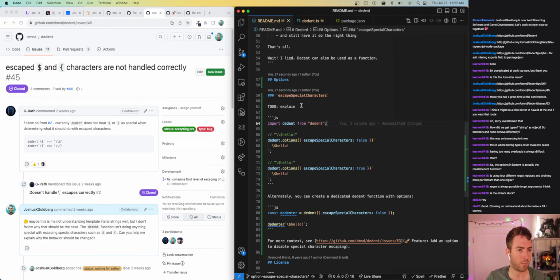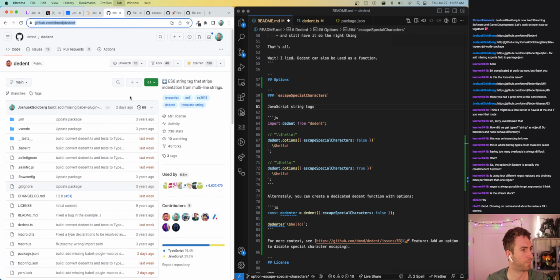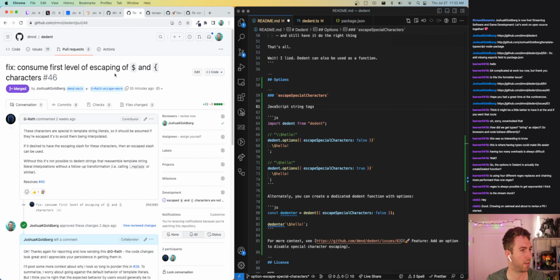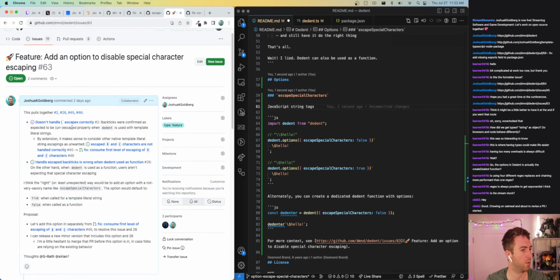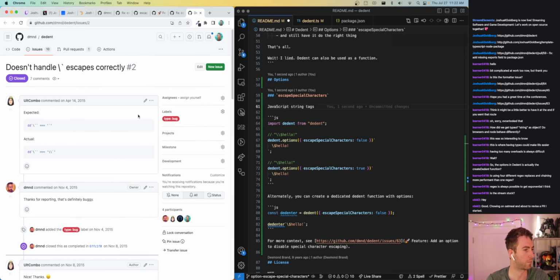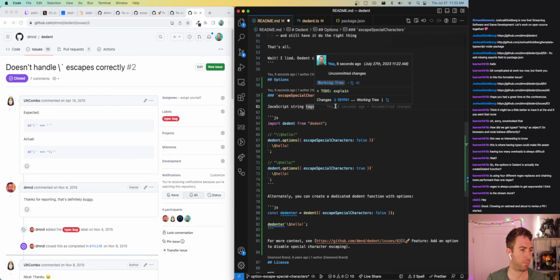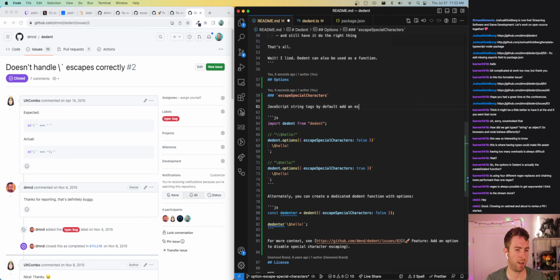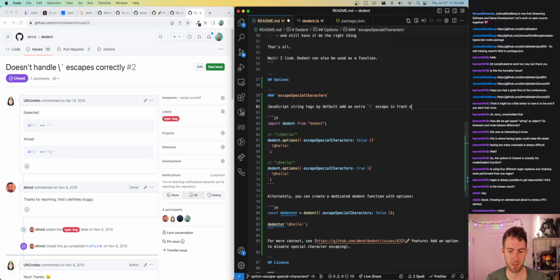Cool. So, JavaScript string tags. How do I explain this? Where is issue number 2? Here we go. By default, add an extra backslash escape in front of